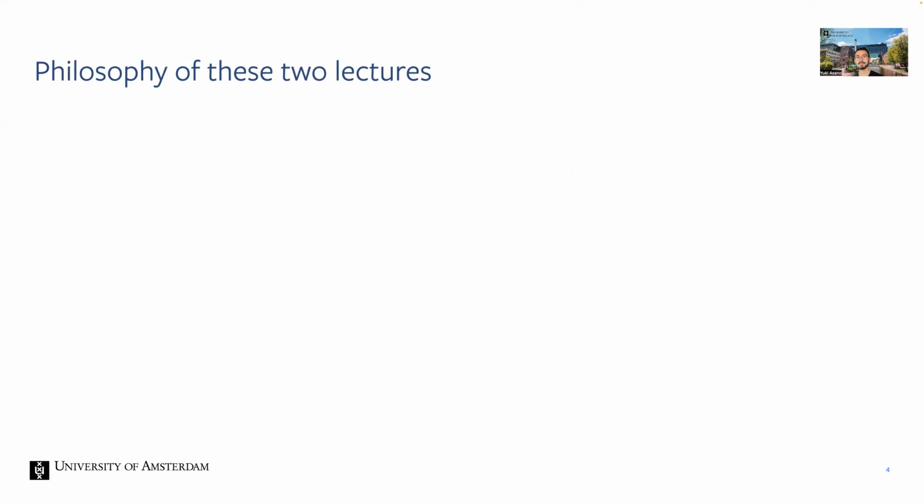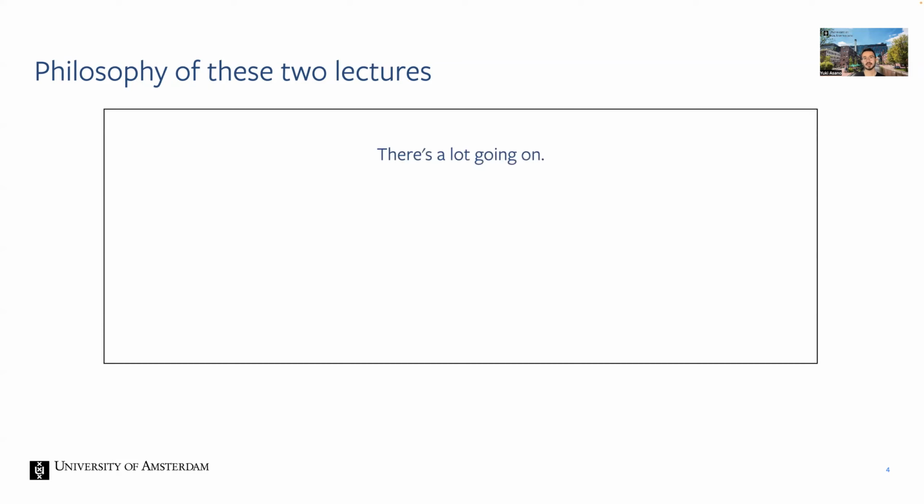All right, so that's sort of the formalities. The philosophy of these lectures is the following. There's a lot going on in this field, and there has been a lot going on. So I will not be covering everything. Even in this text-vision domain, there has been research for the last 20 years. So I will be covering a lot of recent developments and not be diving too much into the history of those, which I definitely would recommend doing. But this course is sort of meant to give you an overview of what's currently happening and an opportunity to dive into this domain.